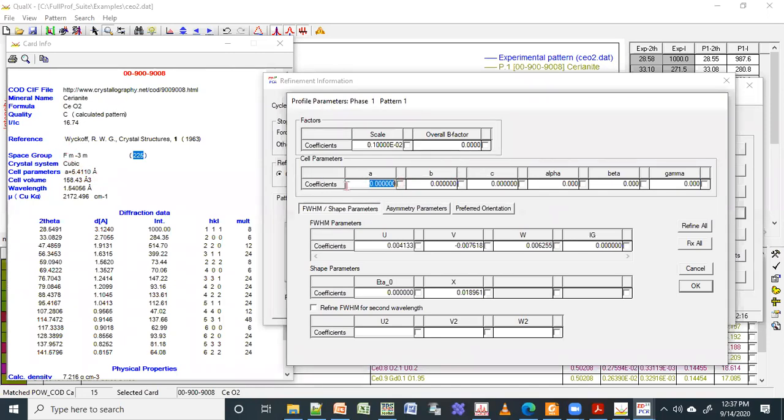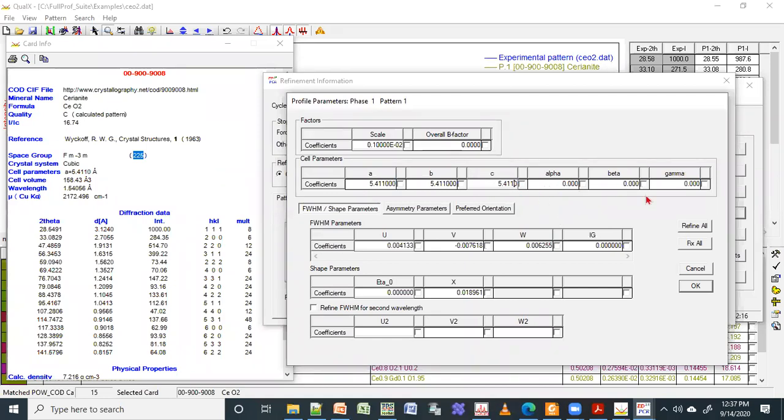I can just put it here. How much? 5.41. Okay, same thing, you go to the next one and then select it and then you take 5.411. Same thing for the other. You can just leave it like that. By default it will take, but just for practice it is better. Okay, you write like this.